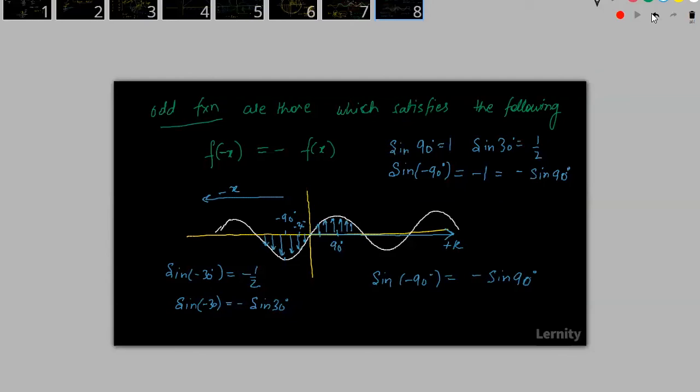Same here. If this was 180, here it will be minus 180. So if it is negative here, negative, negative, and I take the negative of the angle, so minus 180, again it will start becoming positive. Understood? Everybody understood? So an odd function is one which satisfies this property. This is the condition for an odd function. Sine satisfies such a property. That is why sine is called an odd function.